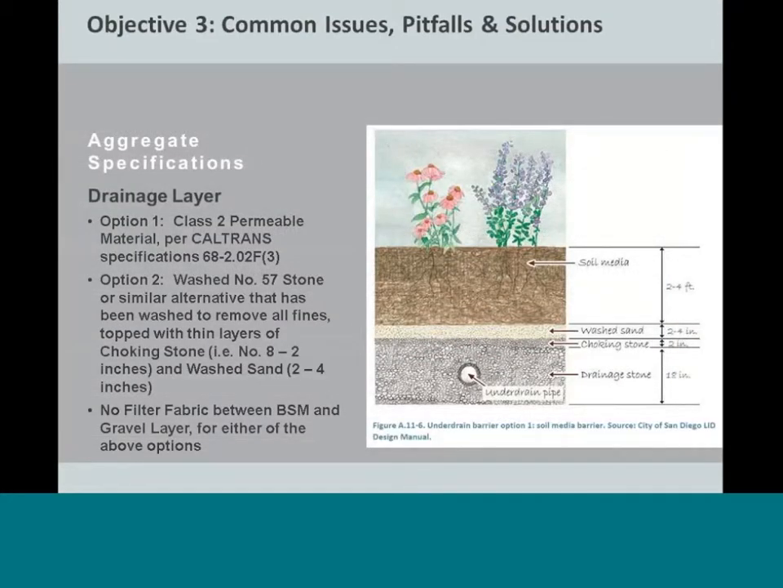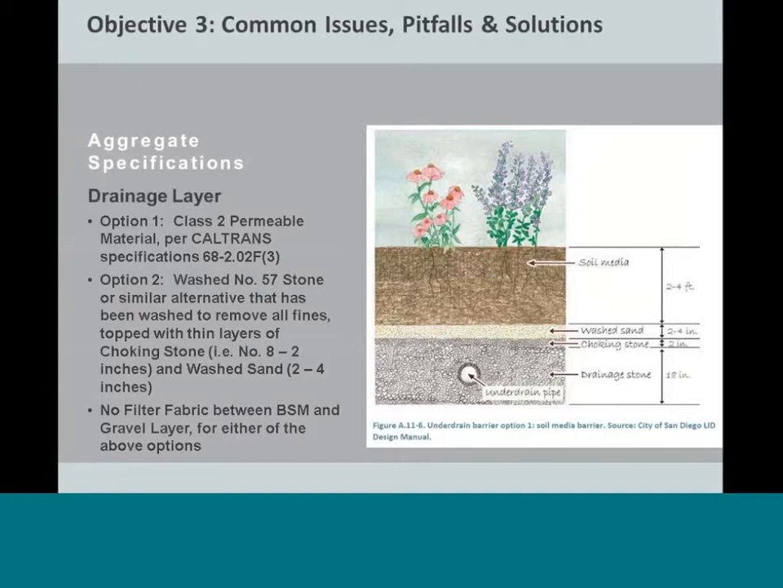So that was quite a bit on the bioretention soil mix specification. That's really been the main issue. But a lot of questions do come up on the aggregate specifications. So, one way to go is there's a Class 2 permeable material, and Caltrans has their own specification for that. And if you use that, the gradation's small enough that you can place the bioretention soil mix directly on top of the gravel layer. And so you don't need the filter fabric, which isn't recommended, and you don't need a